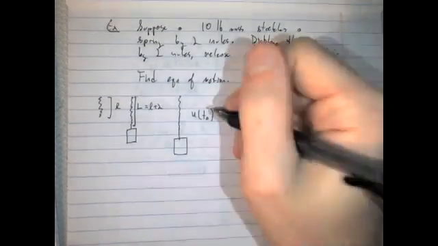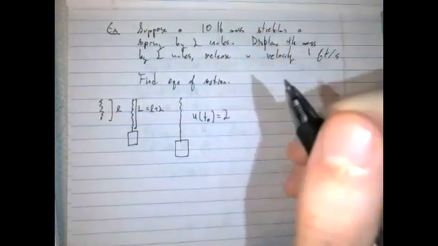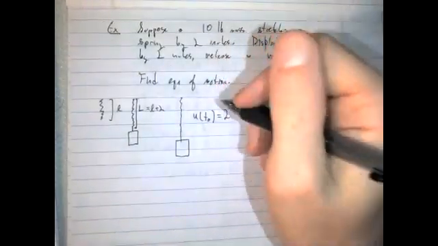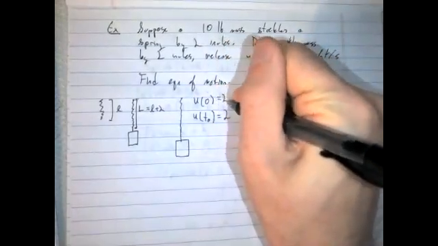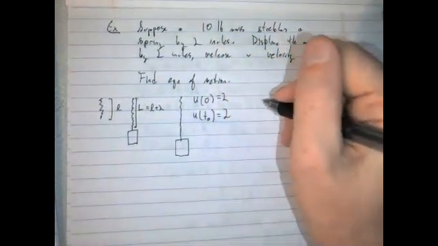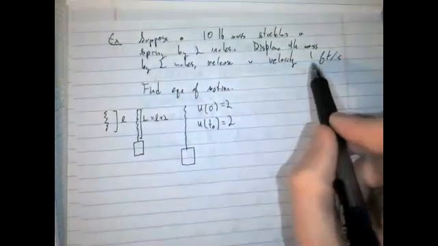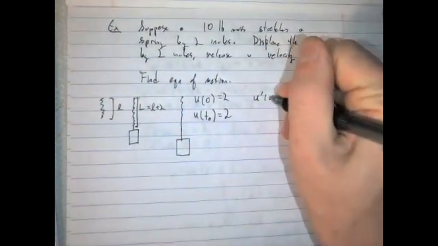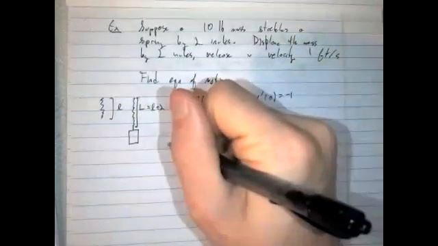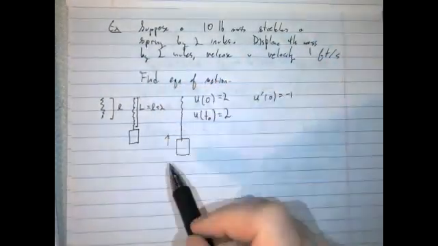Mu prime of t0 would be 1 foot per second. Well, -1 because it's in the other direction, but yes. Also, we'll say it's times 0, so u of 0 is equal to 2. And then the other piece of data is it's being released with a velocity of 1 foot per second. So u prime of 0 is equal to -1 because it's going to have a 1 foot per second velocity